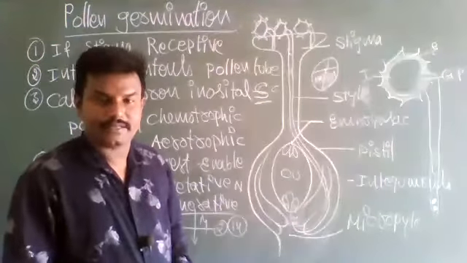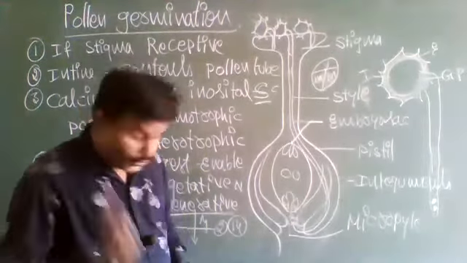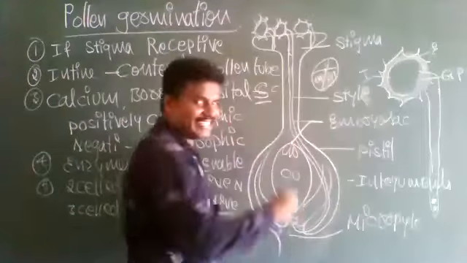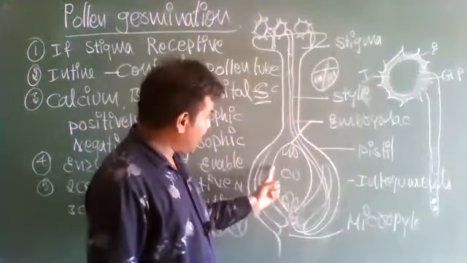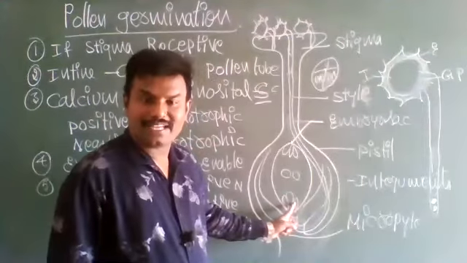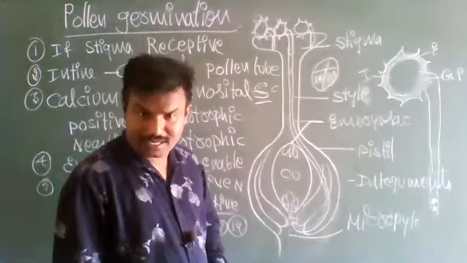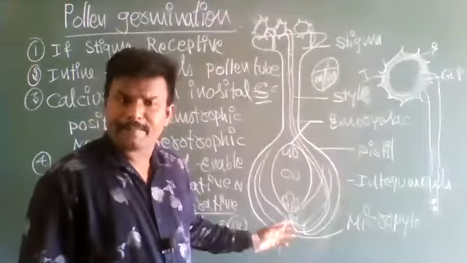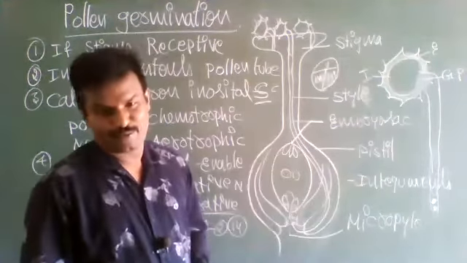It's not a new topic. So out of two male gametes, one male gamete. See first, here the pollen tube enters into one of the synergids. Inside of the ovule, what was there? Female gametophyte is there. That is called embryo sac. So this pollen tube enters into one of the synergids. In the synergids, there are finger-shaped structures called filiform apparatus. This filiform apparatus guides the pollen tube how to enter inside the embryo sac.